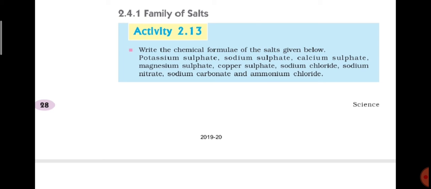It is very easy. The only thing which you have to do, the first one is that you have to write their chemical formula. On the basis of chemical formula you can easily understand from which ions these salts have formed. So you will be easily able to understand the positive ion and the negative ion. And if you can see any common ion present between these salts, then they belong to that particular family, like we have discussed just now. So first you have to write the chemical formula, and then you have to identify the ions from which they have formed, and then you can do the rest of the work easily.